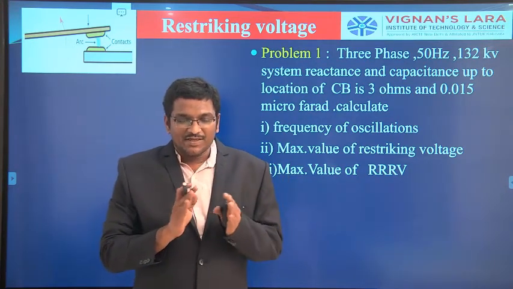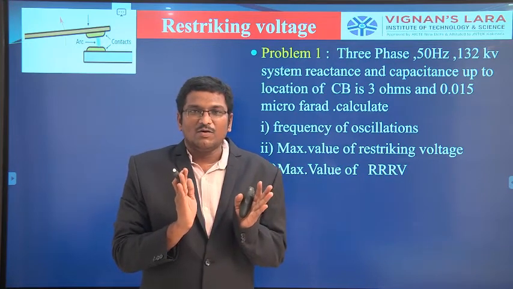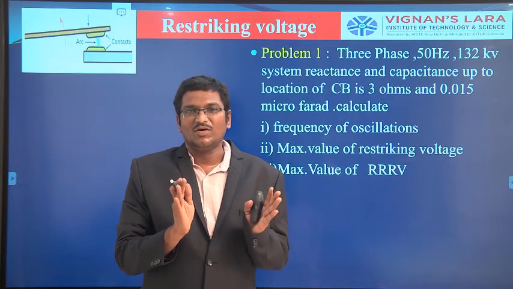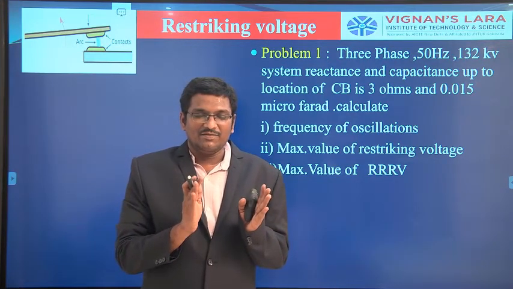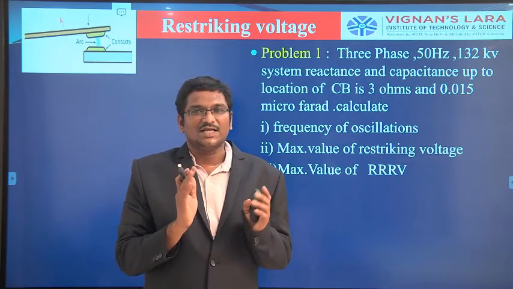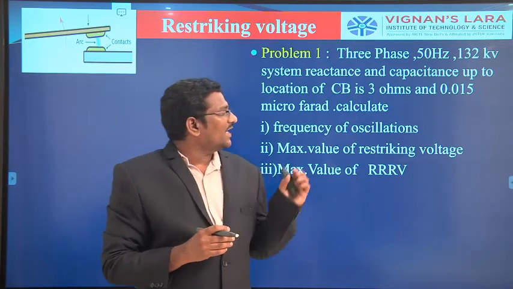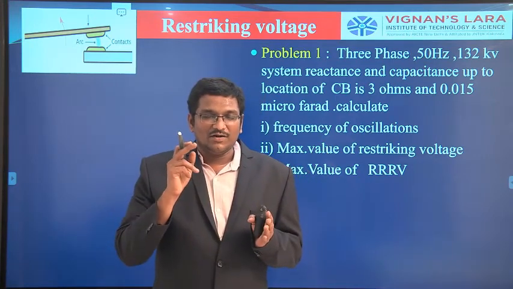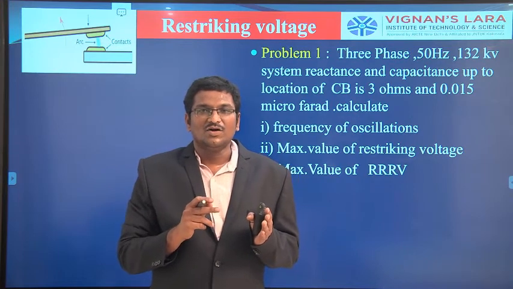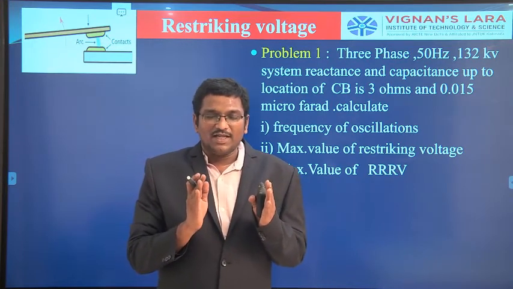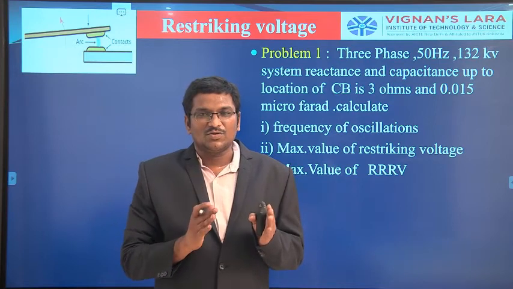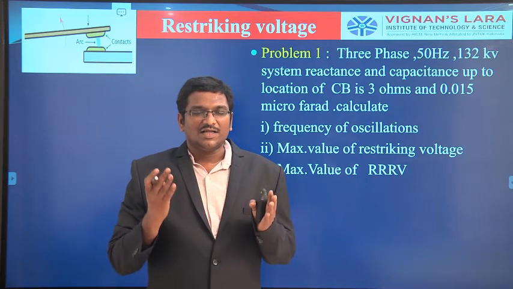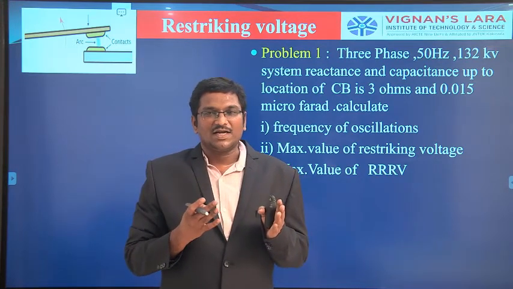Whenever the circuit breaker contacts open, the voltage appearing across the circuit breaker contacts is called the arc voltage. The arc exists between the fixed contact and the moving contact. Next, for the restriking voltage, the arc should be there and the current should be zero. The voltage appearing across the circuit breaker contacts under these two conditions is called the restriking voltage. It decides whether the arc exists between the fixed contact and the moving contact.